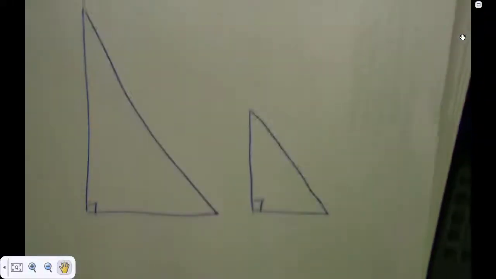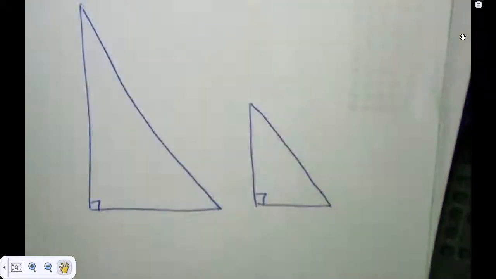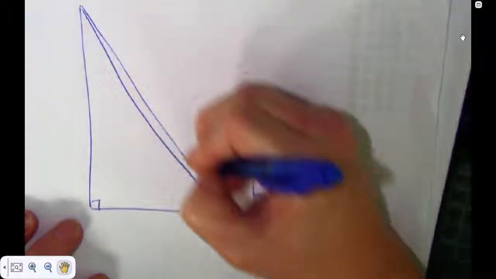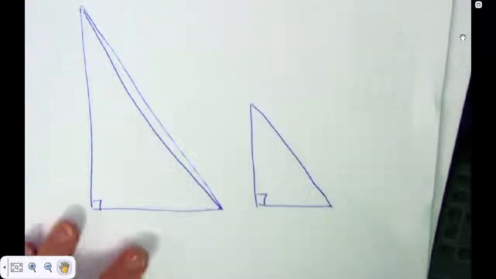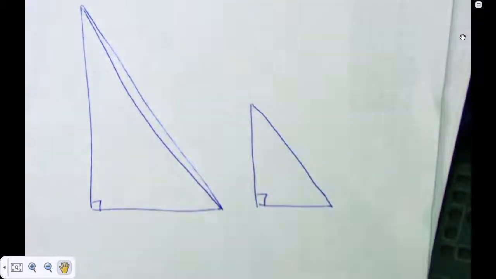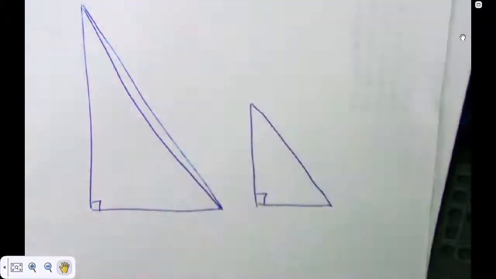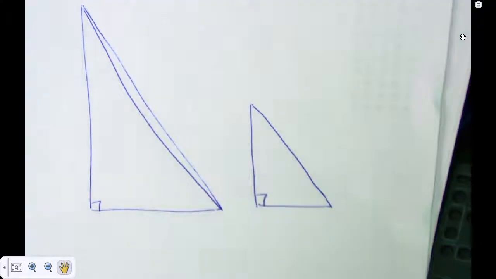Okay. All right, look at these two triangles. They're not congruent. Let me fix that a little bit. Okay, they're not congruent, are they? These two triangles are not congruent. And we've already discussed it's a dilation because that triangle got smaller. It's a dilation. So the sides didn't stay the same, but the sides stayed